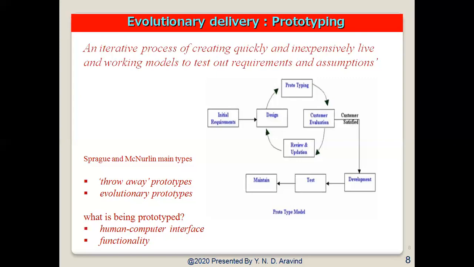Whereas coming to the evolutionary prototype, we sometimes call it a breadboard prototype. This is based on building actual functional prototypes with minimum functionalities in the beginning. The prototype developed forms the heart of the functional prototype on top of which the entire system is built. So by using the evolutionary prototype, the well understood requirements are included in the prototype and the requirements are added as and when they are understood.